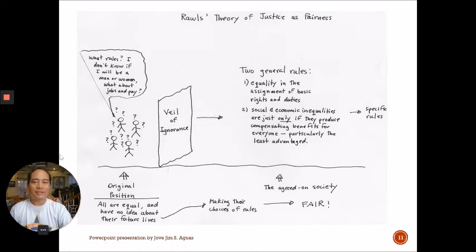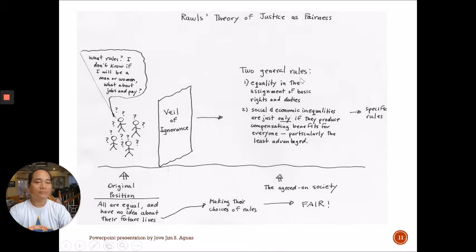So if this is the original position, these are the circumstances, there's the veil of ignorance, and this is the goal, they will have to make rules so that their society will be just and fair. All right. So Rawls asked, what would be the general rules? And he said, these are the general rules: